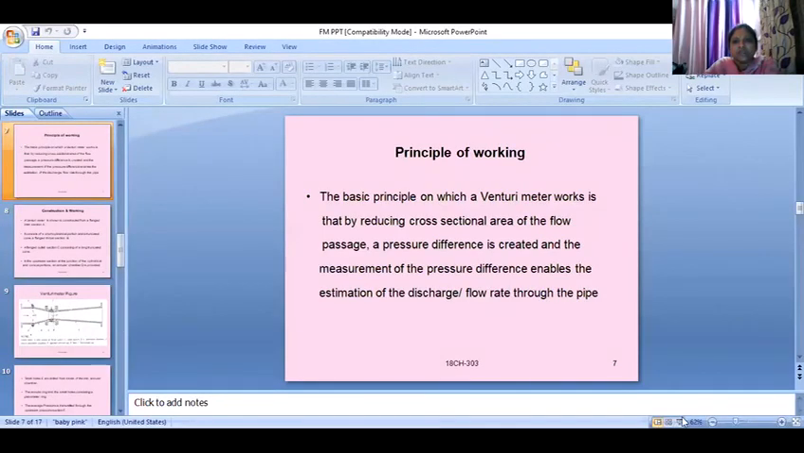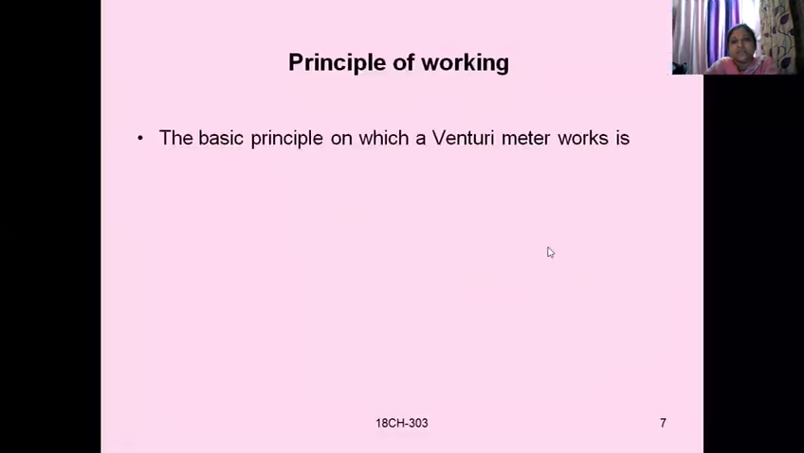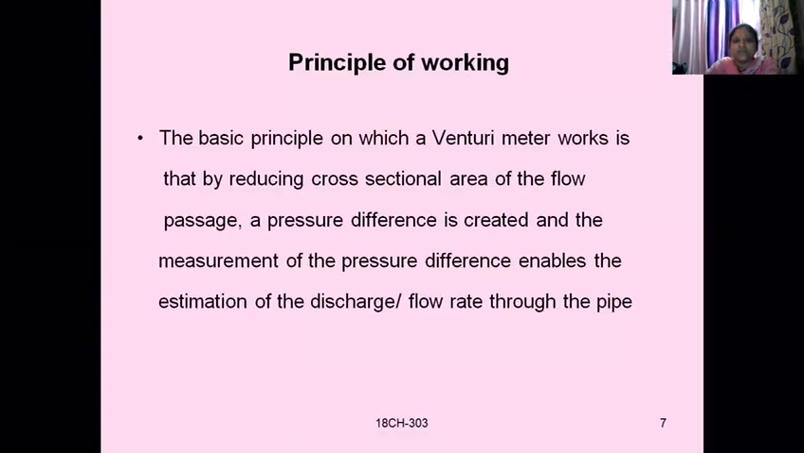The Venturi meter works on the principle that by creating a pressure difference, we can enable the measurement of the flow rate. First we reduce the cross-sectional area of the flow passage. When the cross-sectional area of the flow passage is reduced, the velocity of the fluid will increase. Because of the increase in velocity of the fluid, the pressure